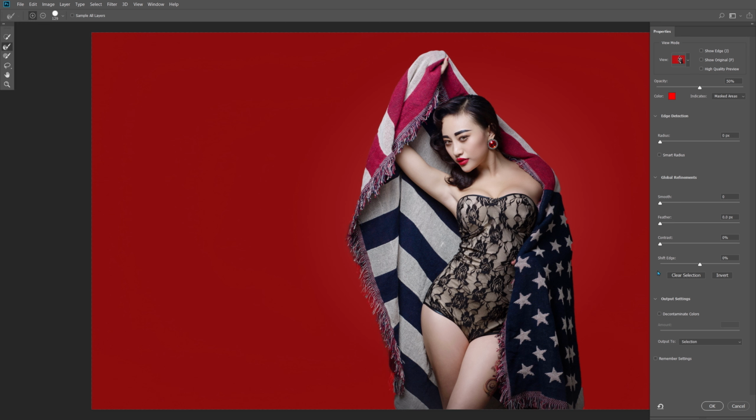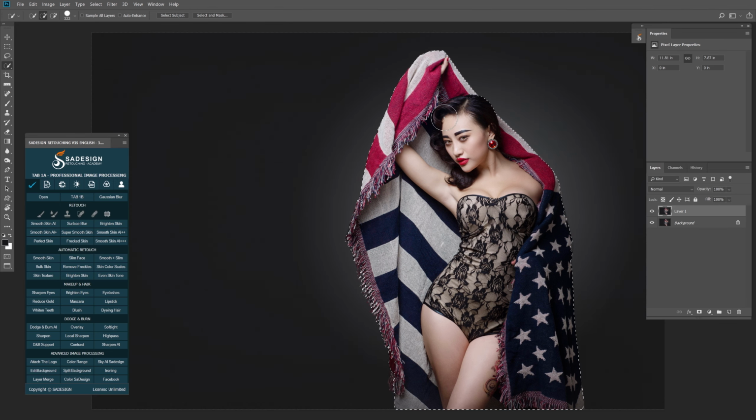Once you're done, choose Selection in Output To box, and OK. Click the layer mask icon and turn this selection into a layer mask. Next, create a new layer above the background layer. Simply choose the background layer first and click the new layer icon so that the new layer will appear